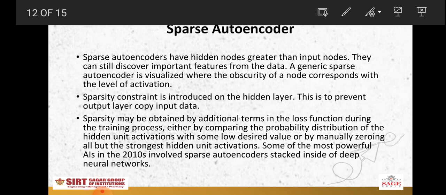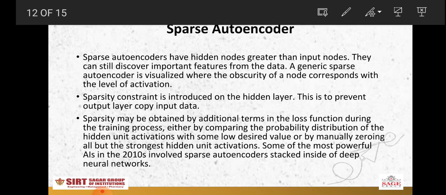A generic sparse autoencoder is visualized where the obscurity of a node corresponds with the level of activation. Sparsity constraint is introduced on the hidden layer. This is to prevent the output layer from copying input data as it is. Sparsity may be obtained by additional terms in the loss function during the training process, either by comparing the probability distribution of the hidden unit activations with some low desired value, or by manually zeroing all but the strongest hidden